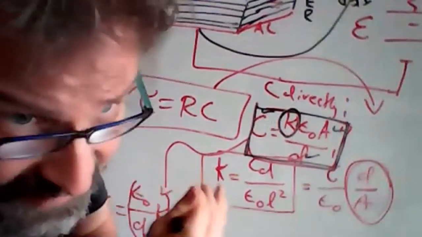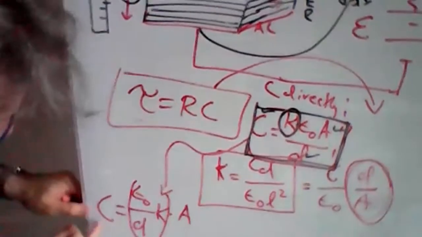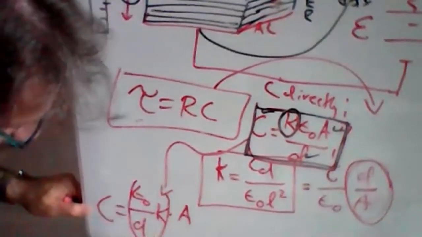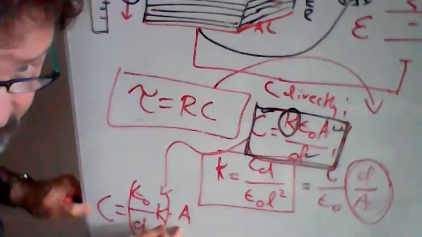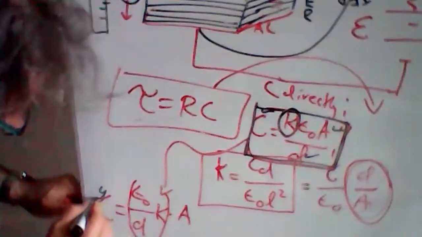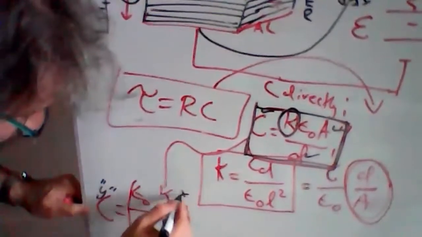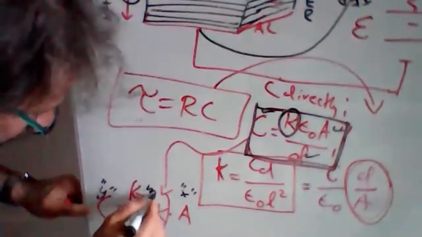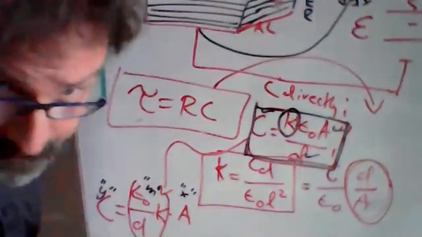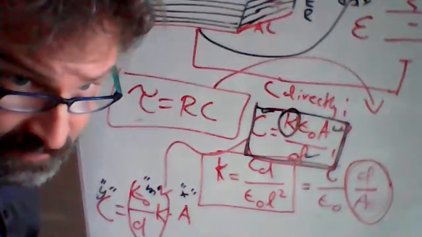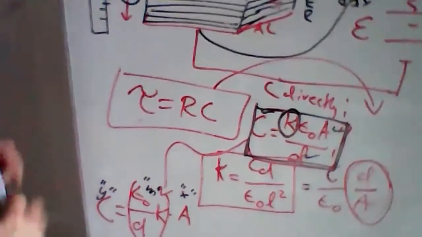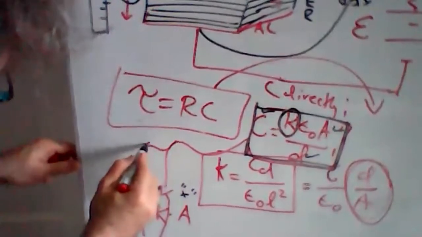So they are thinking you're going to do this. So you're going to write it as C equals epsilon naught K over D times A, okay? And of course, this would be y, and this would be x, and this whole thing would be m. You guys cool with that? Okay, but of course we could also, and this is the other thing they're thinking, we could also go